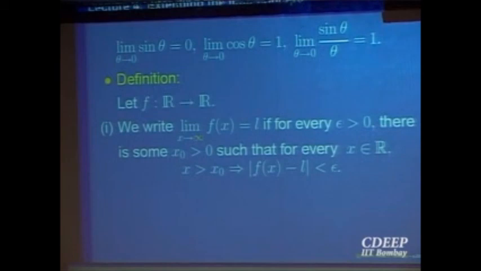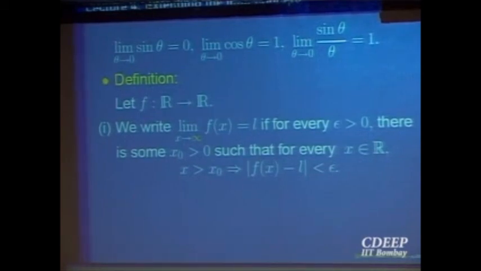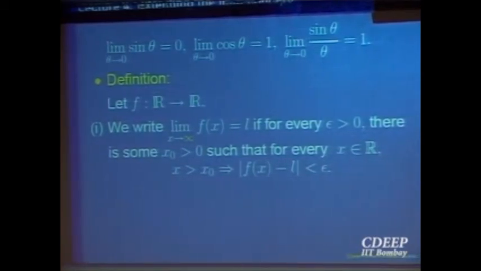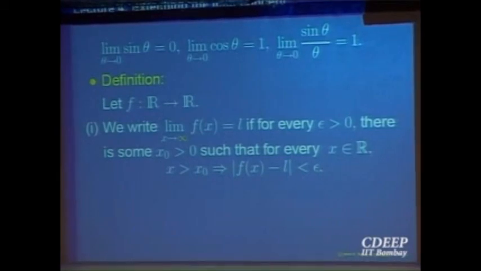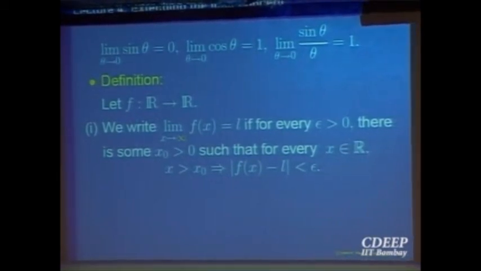We looked at limit x going to c equal to something. We can also look at limit x going to infinity, like we did for sequences. Supposing the function is defined over the whole real line, we would like to know what happens to f of x as x goes on increasing. For large values of x, what happens to f of x? So we can make a definition.